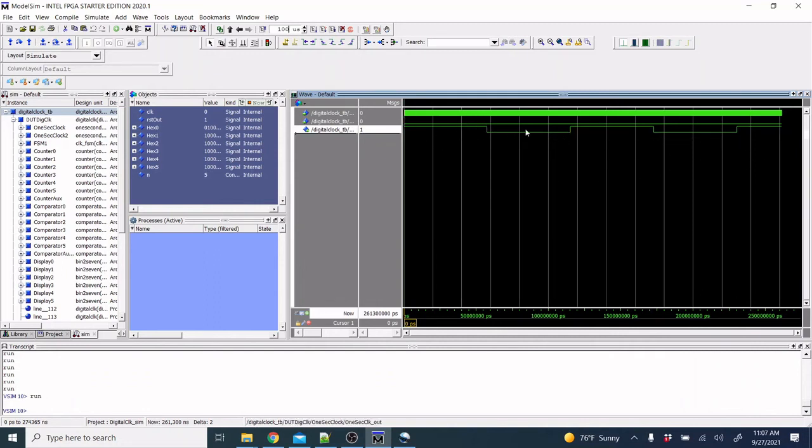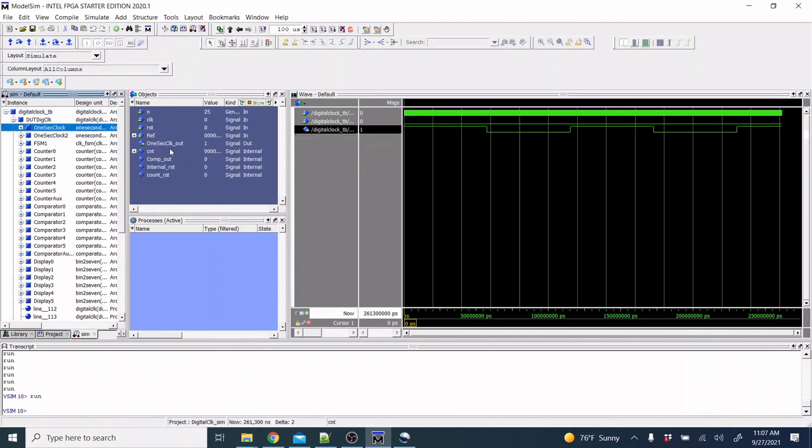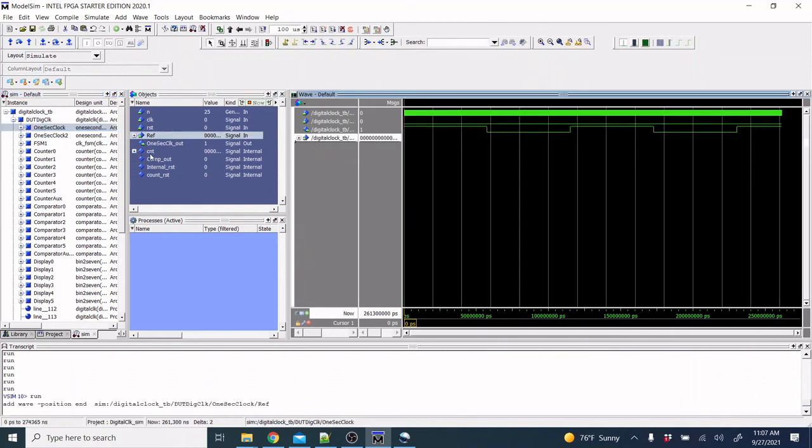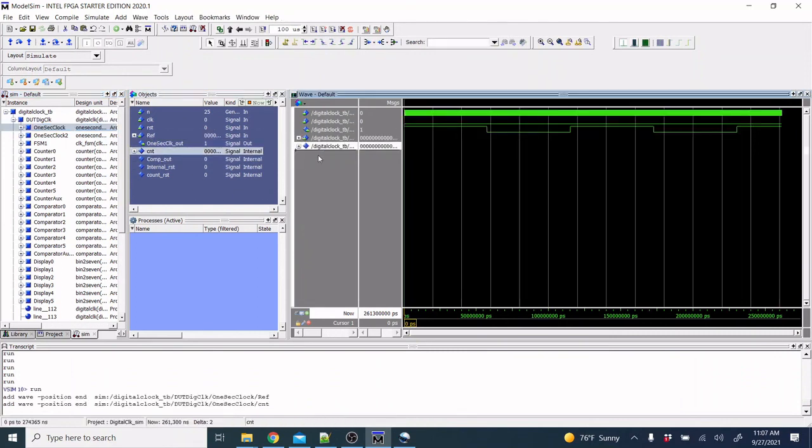If this is not coming as we expected, first we check that the clock is properly running, then the reset is running only at the beginning and 0 after that. If those two are correct and the third one is not correct, then we go again here. The next thing we want to check is that we're giving the proper reference and that the counter is